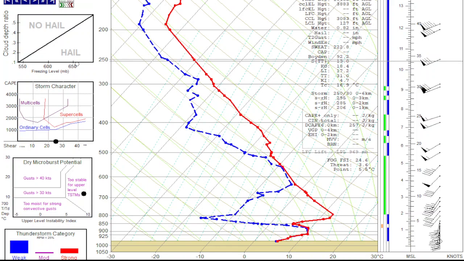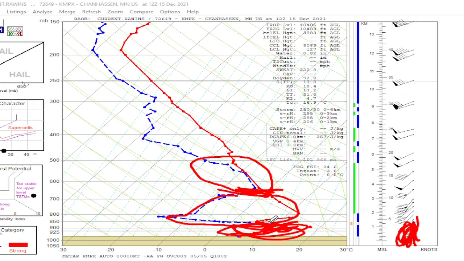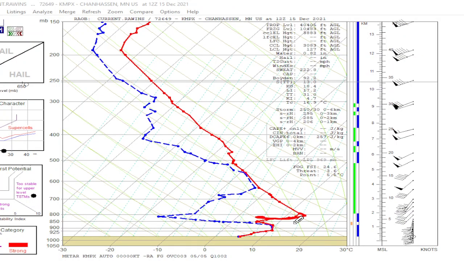But if you had a light wind, a little bit of moisture, capping like that, then you'd have fog in that area. You could have some advection fog or radiation fog that just gets capped off and just sits on the surface. All right, so